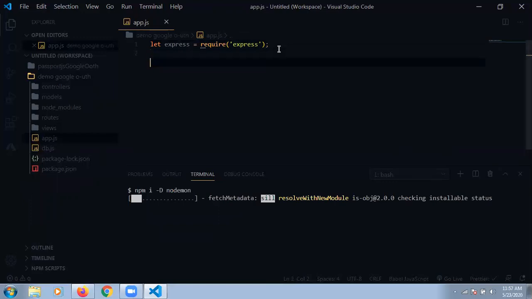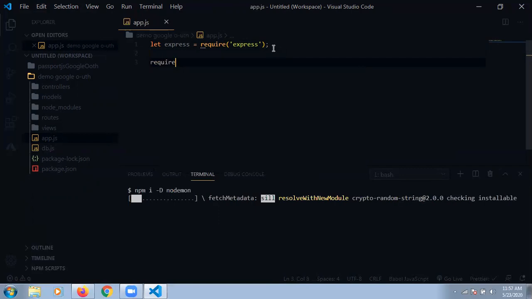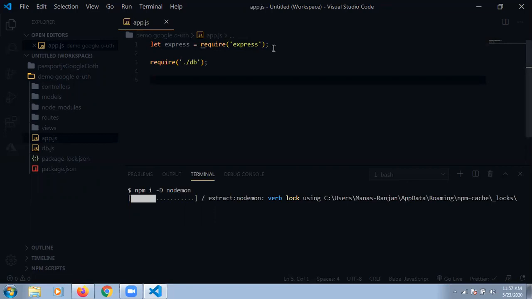The next one I am taking is let. Here we are using the database which I already mentioned. Just put dot and slash, enter, and next is db. This is enough. So I required my database, and now I'm making an instance of express.js.